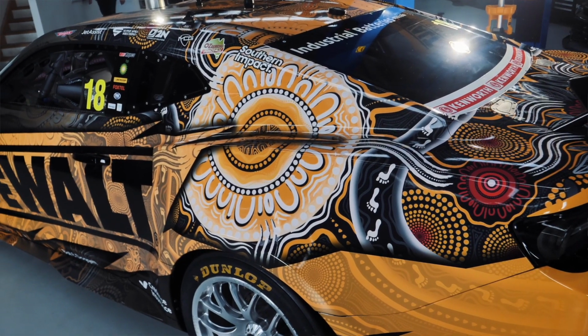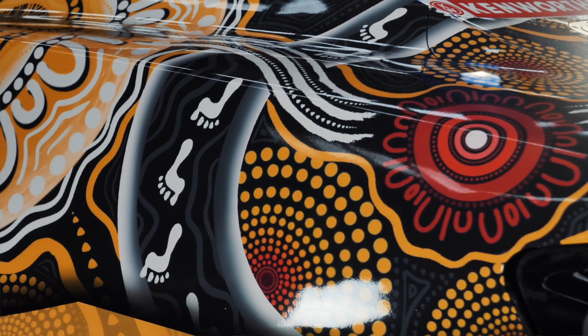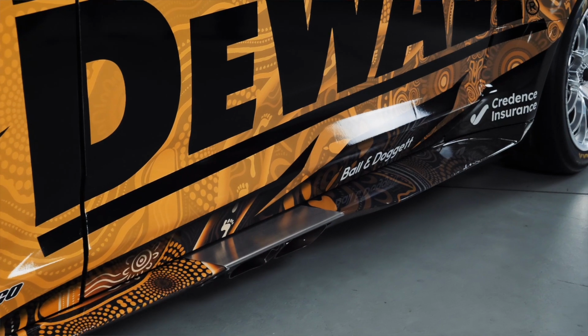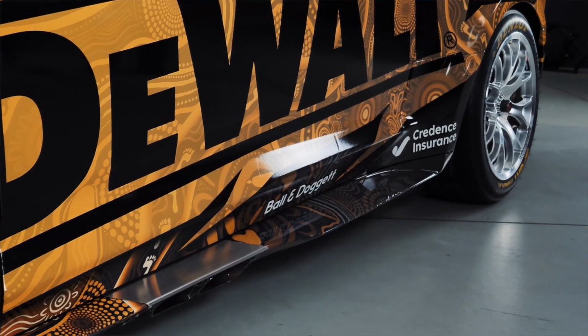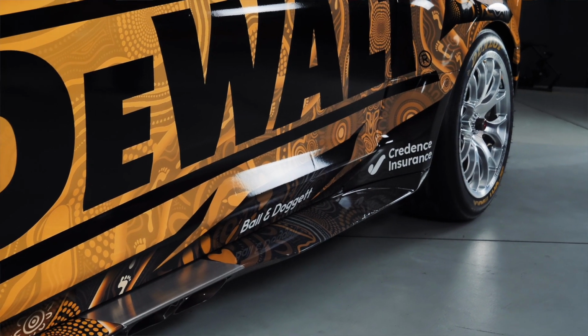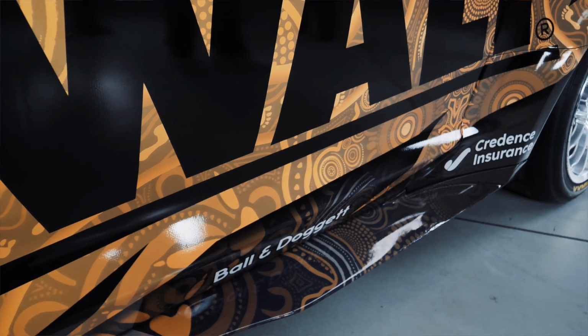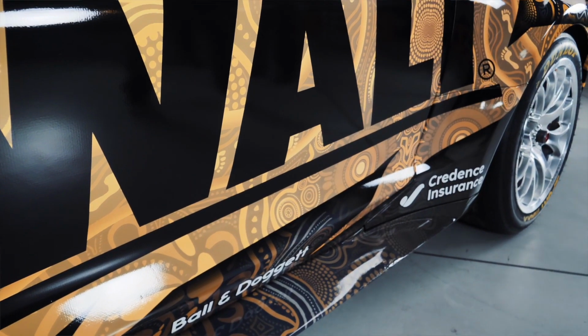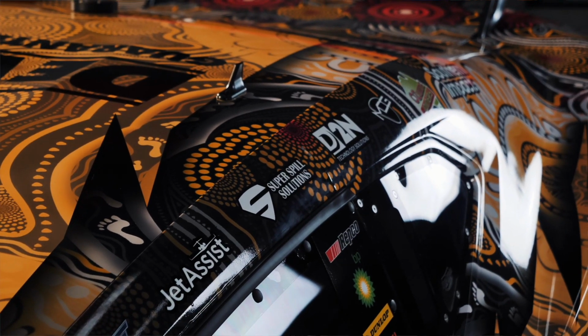I've got footprints throughout the piece too, and that represents Frosty and his team's journey to race and to win. Boomerang is all the supporters and spectators and drivers returning year after year. And the handprint in the piece is acknowledging the traditional custodians of the land on which they race as well. There's kangaroo and emu footprints in the piece too, and they represent how Team 18 is always moving forwards and